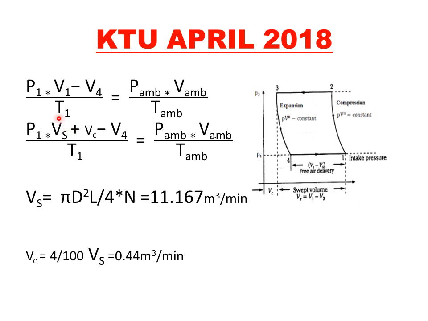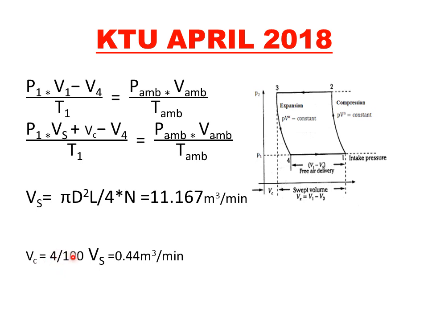So now first calculate the value for Vs. Since the diameter and the length are given, we can easily calculate Vs as pi by 4 d square L. I will multiply this Vs with N so that I will get that unit in meter cube per minute. Otherwise I will get the unit in meter cube. So I will multiply it with N so that I will get the value of Vs in meter cube per minute. Now you have the formula for calculating Vc.